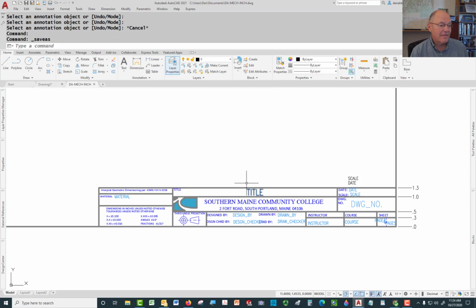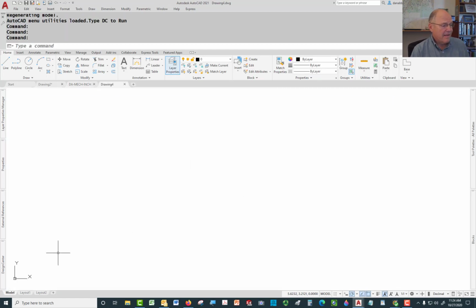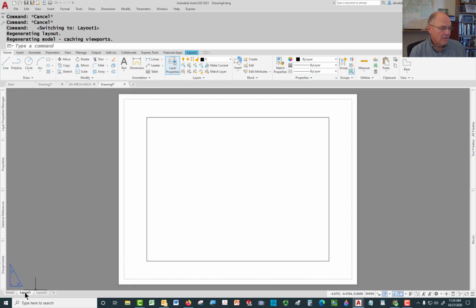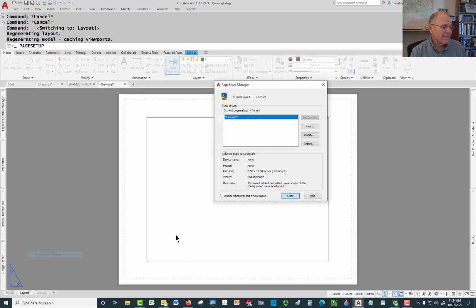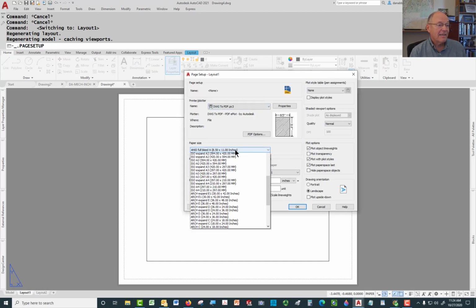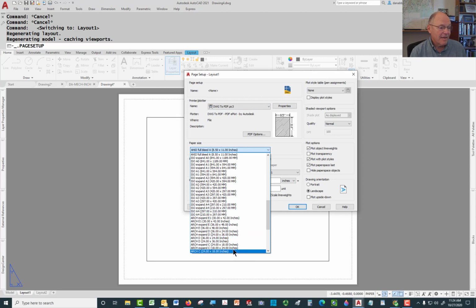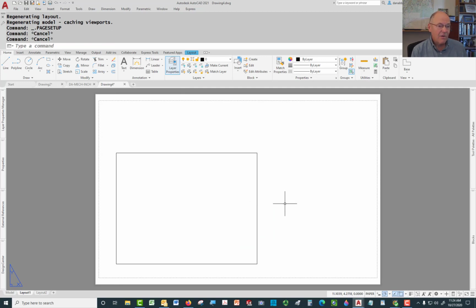If I start a brand new drawing now, and in that drawing I go over here to layout, and I set up a layout for myself, where I've got page setup manager, I go to modify, I pick a plotter of some kind, I come down here and I pick a B-size sheet of paper. I'm just going to grab any old B-size sheet of paper, the first one that I see. Here we go. And I put the sheet of paper in. And now, if I go to insert, and this is the new